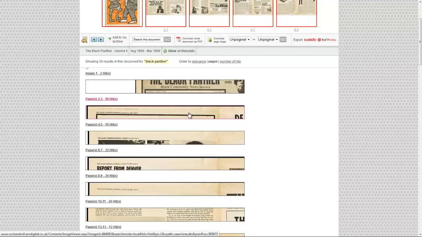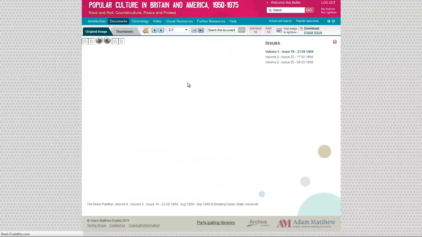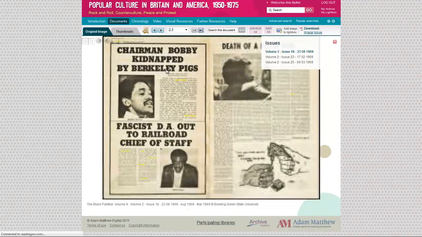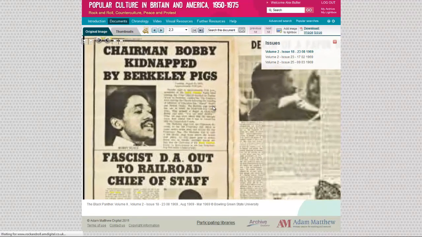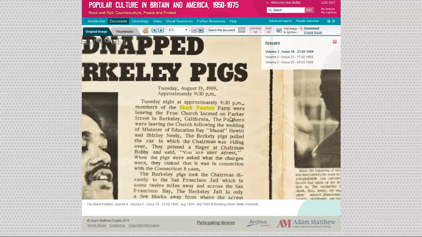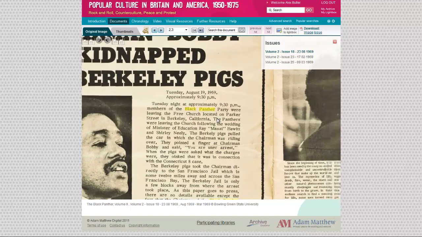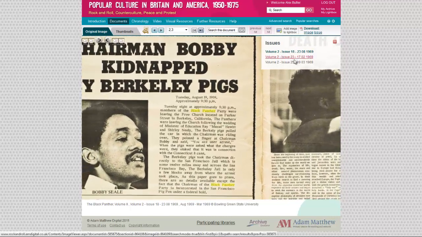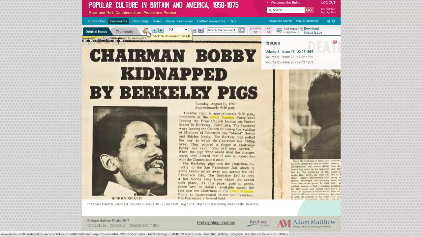full text searchable. So we can see 2 hits on image 1. We can see pages 2 and 3 has got 16 hits. So if we just click in here, I'll be able to show you just how those are highlighted. So yeah, we can see here some highlighting where our search term appears. And you can flick between issues of certain publications as well. So I'm just going to head back to the document details page.